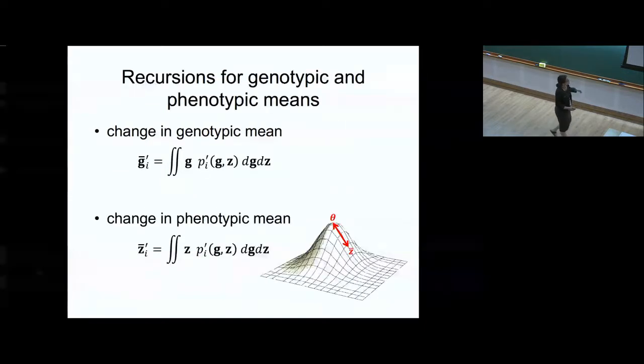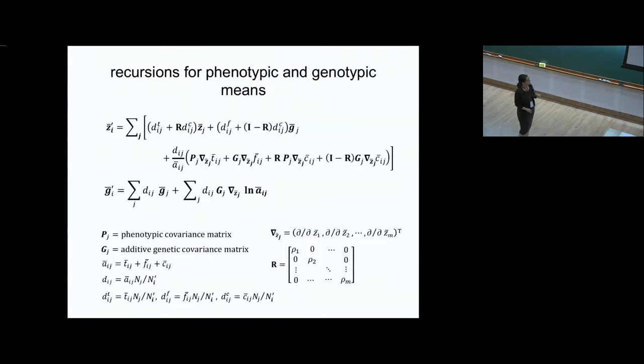So then we use these to develop recursions for the genotypic and the phenotypic means, the change in the genotypic mean and the change in the phenotypic mean. And then to get the closed form for these, that's where we do that assumption of the Gaussian distributions. And there's the answer. Yay! That took a lot. I know it doesn't look simple, but we thought it was actually pretty simple because the thing that we started from was much worse. So we're like, okay, so what does this mean? What does this look like? It's actually, we can sort of break it down a little bit.